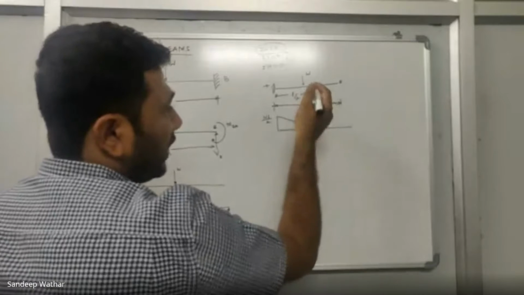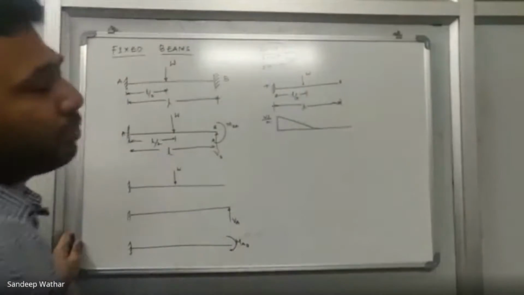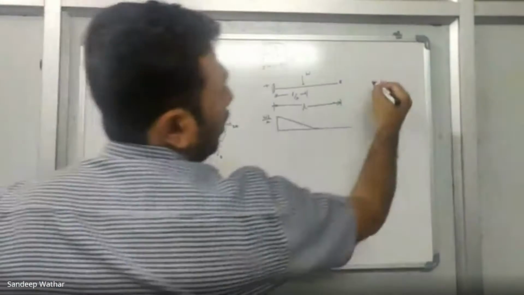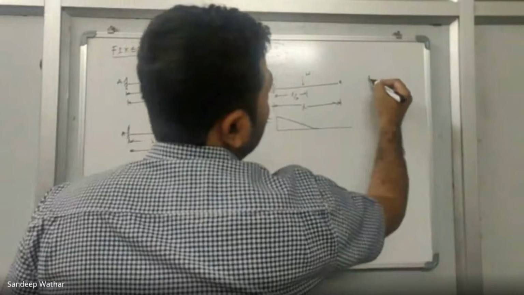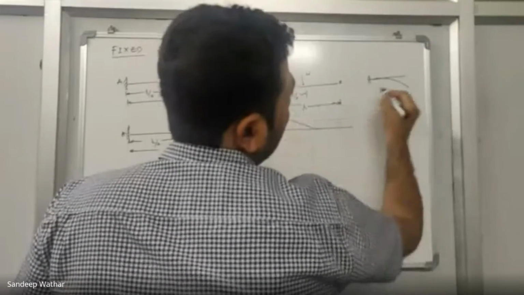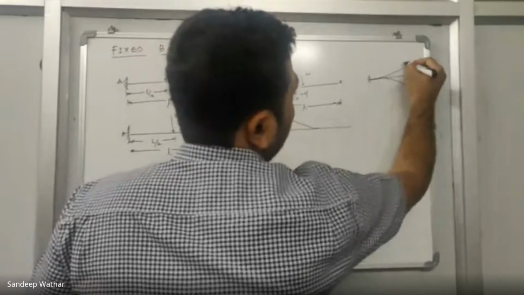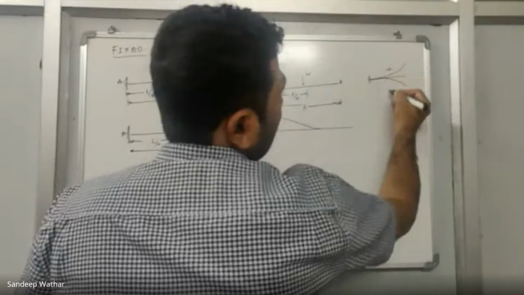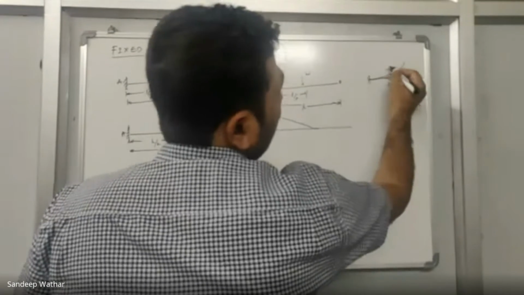Now you need to understand whether it is negative bending moment or positive bending moment. We all know that it is cantilever. So if it is cantilever, it is hogging in nature. I hope you all remember what is sagging and hogging. If this is cantilever, if it bends like this, we call this hogging. If it bends like this, we call it sagging. When it is sagging, we consider positive. When it is hogging, we consider negative.